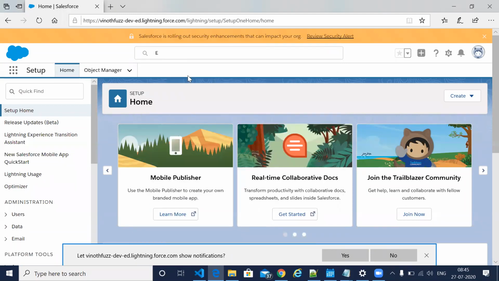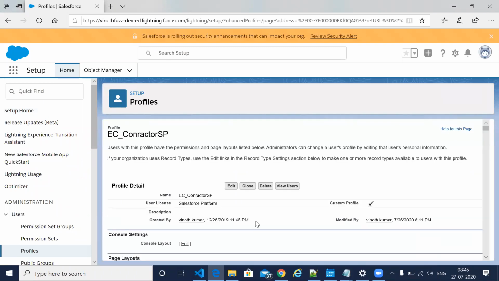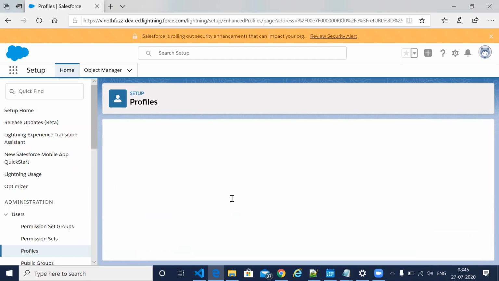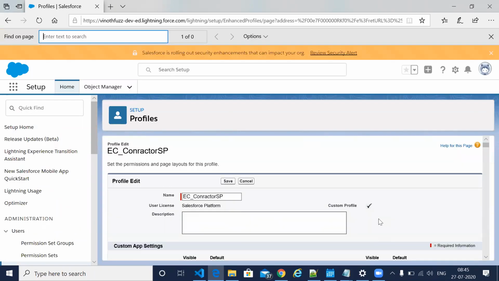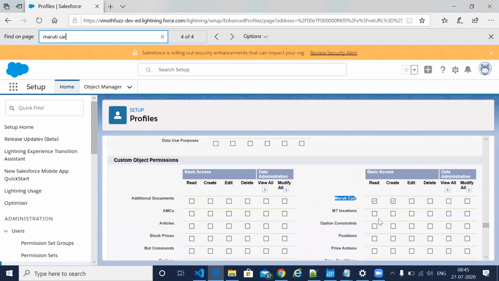So this is the profile. I'm editing this one. Here I am giving edit access for him.